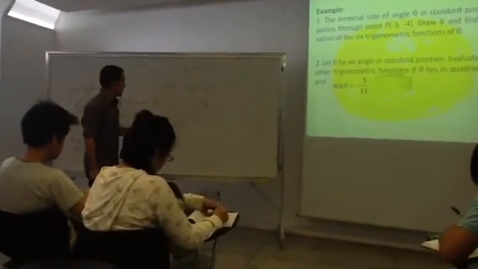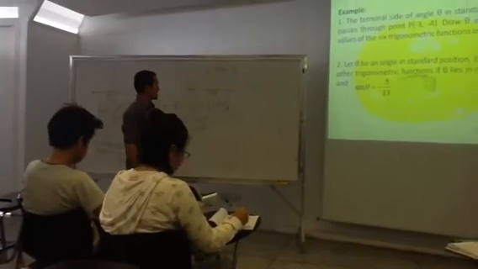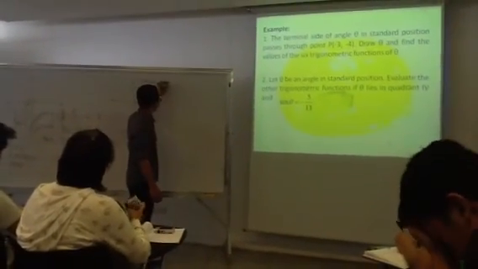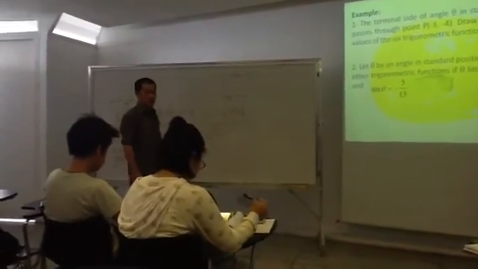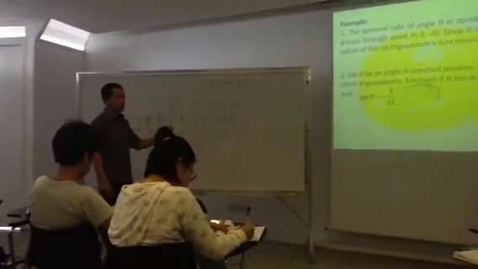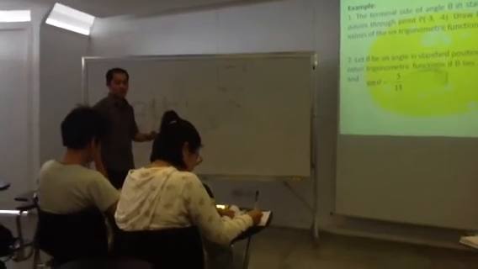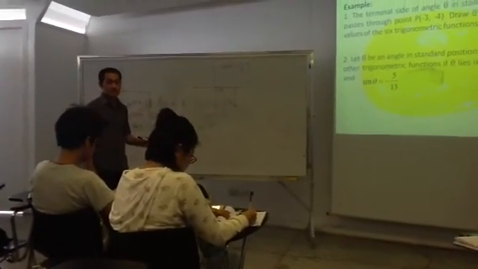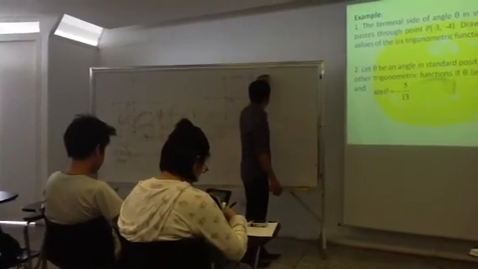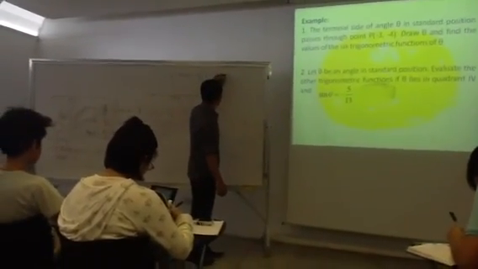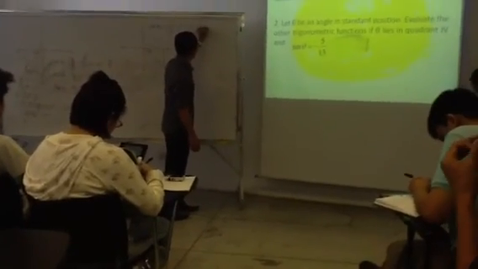And earlier we defined sine as y over r. I have mentioned also earlier that the sign of r must always be positive. So in this fraction, we can say that y is negative 5 and r is positive